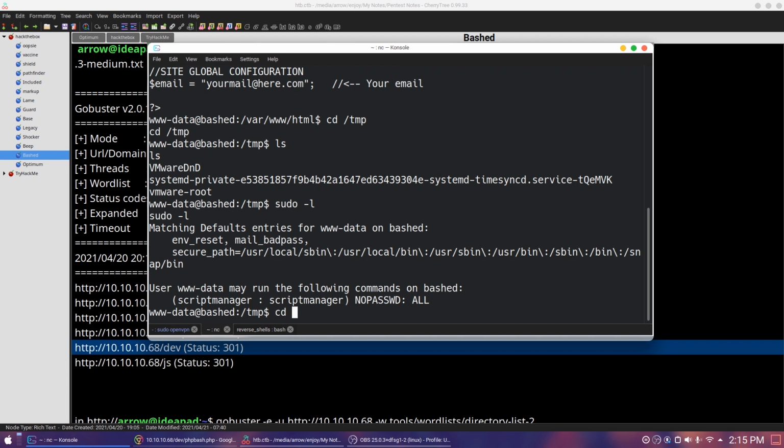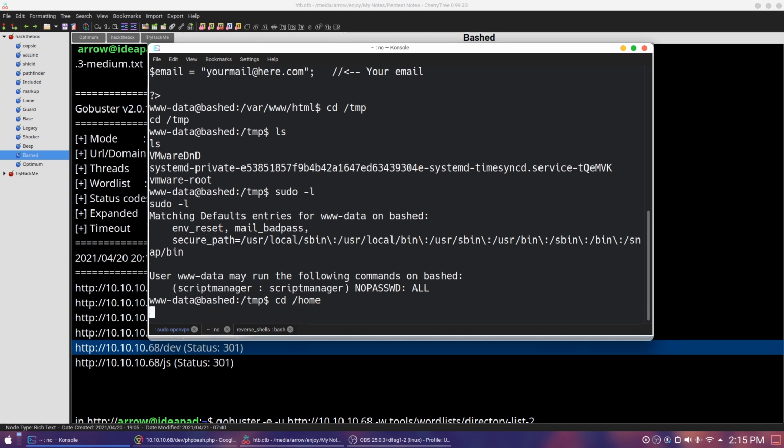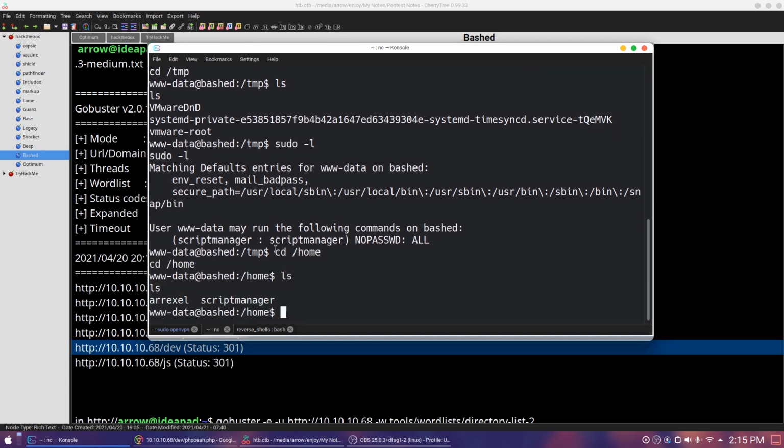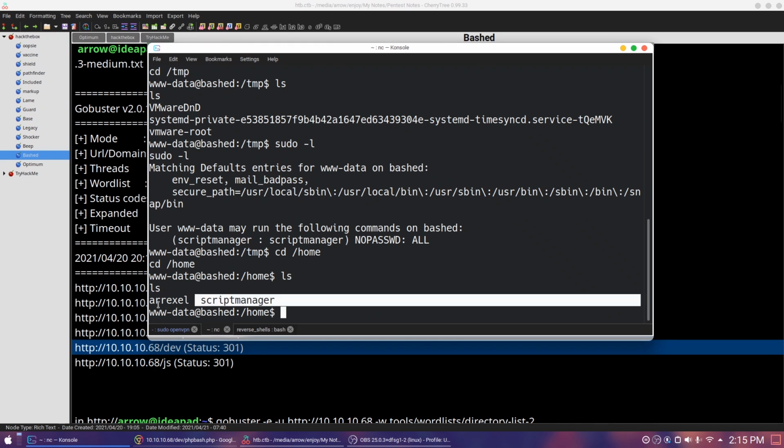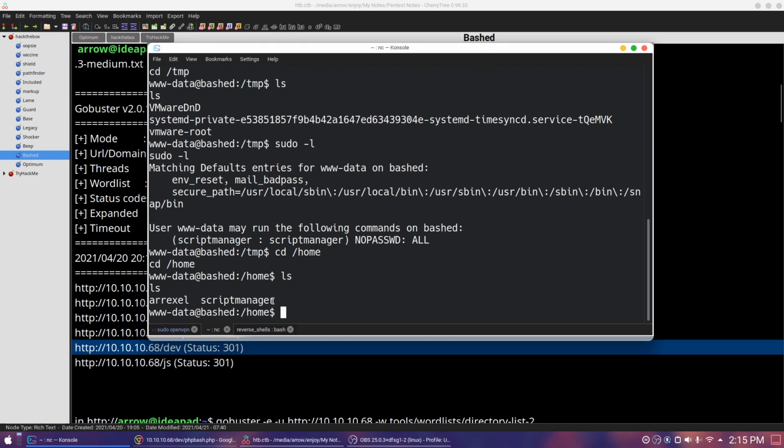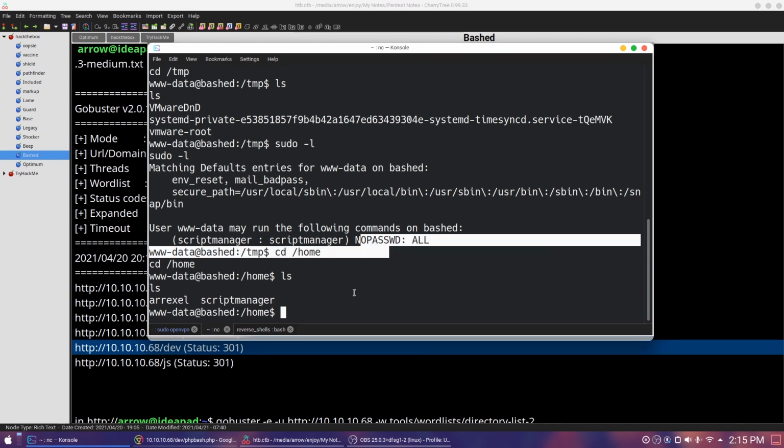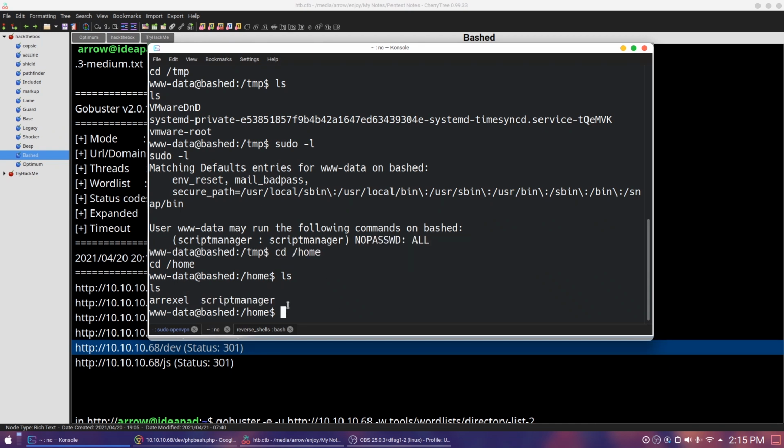Now let's cd to home and say ls. There are two users, arrexel and scriptmanager, and we can go to arrexel and view the user flag. That is the user flag, and this is scriptmanager. We can run any binary owned by scriptmanager with no password. That means we can run /bin/bash with the privileges of scriptmanager.